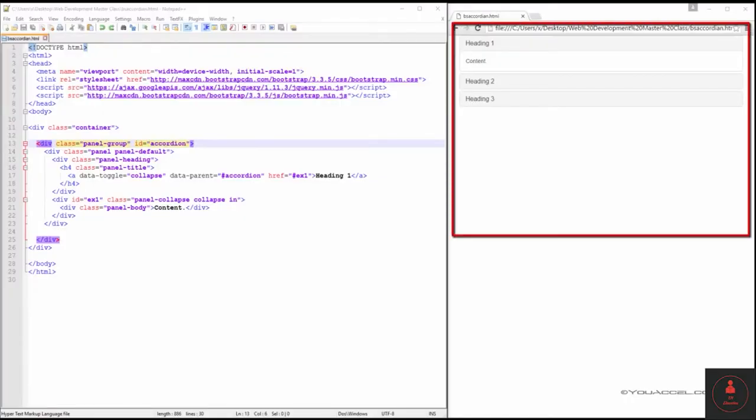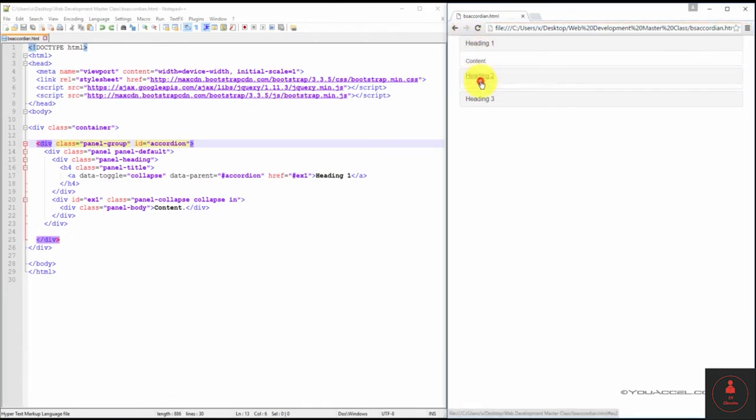In this lesson, we're going to be developing an accordion as shown in this example. When we click each heading, the previous panel collapses and a new one expands. In order to create an accordion,